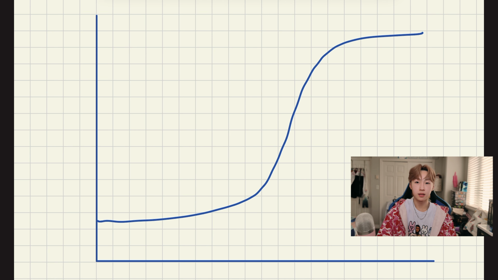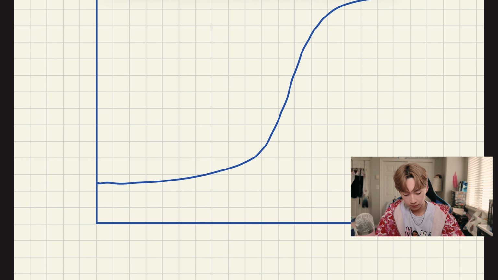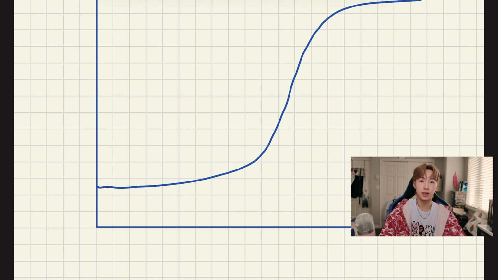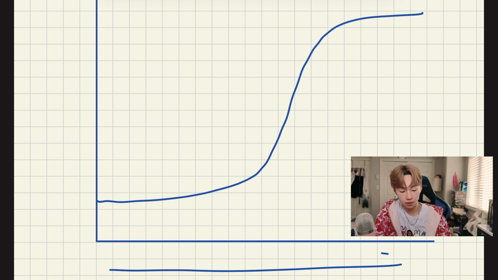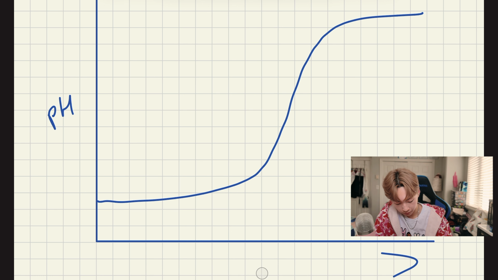But have you ever seen a titration curve with a buffer? Well, what do we know about buffers? We know that they resist changes in pH, right? So as reaction progress goes, or as we add more base, for example, let's say this is pH over addition of base,